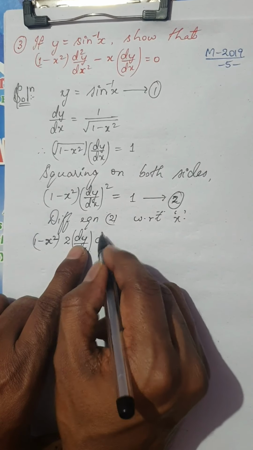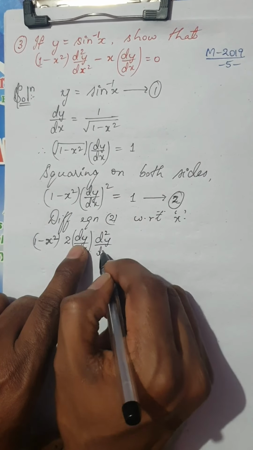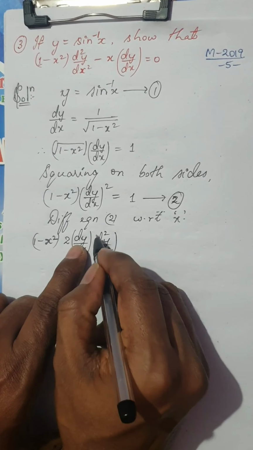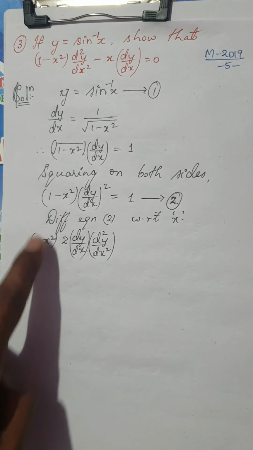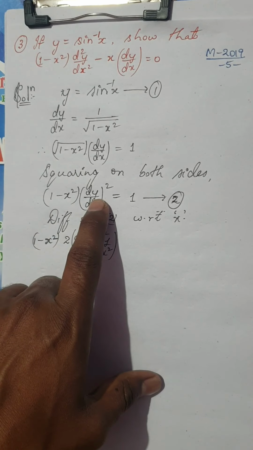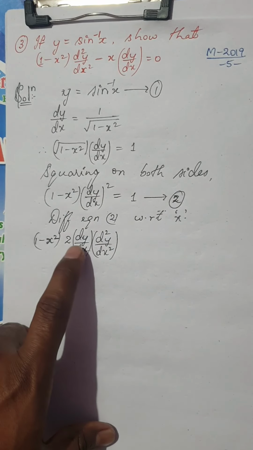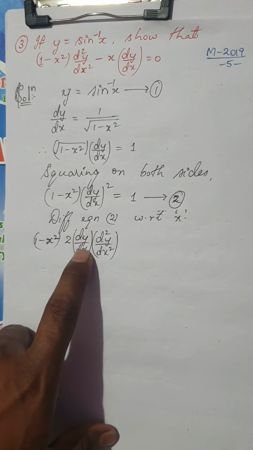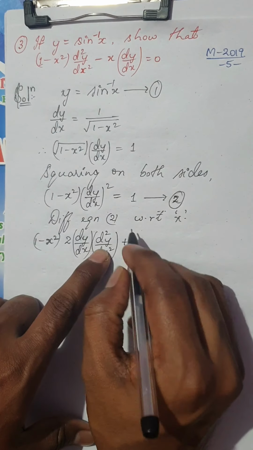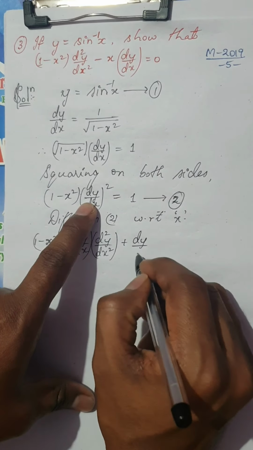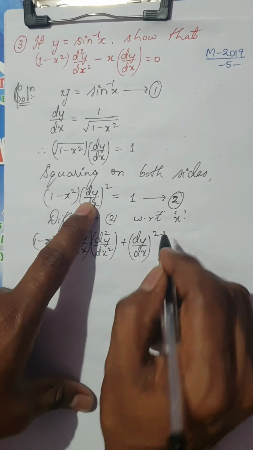So the derivative of dy by dx will be d square y by dx square. Please be careful in this step. I have two functions here. Keep the first function aside; the derivative of it is like f of x square, so it is 2 times f of x into the derivative of f of x. That is, if you differentiate this again, which is already differentiated, I'll get the second derivative. Plus now I have dy by dx whole square.